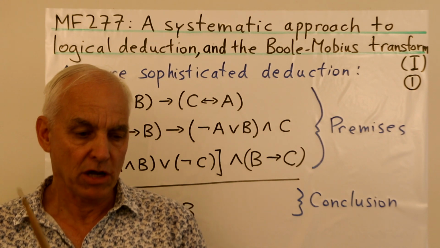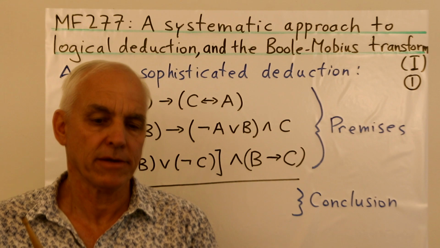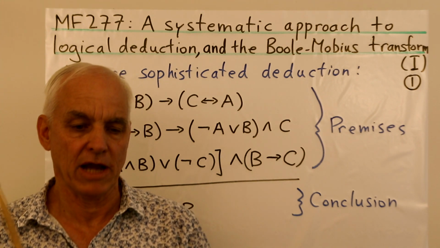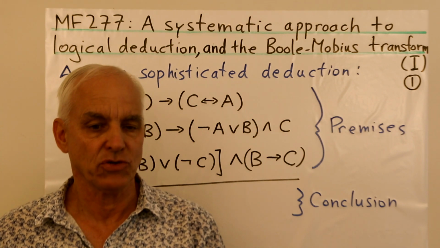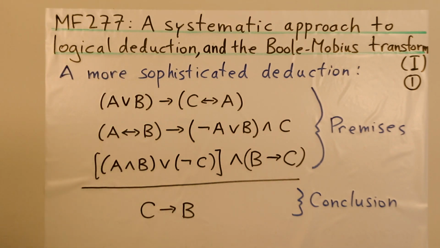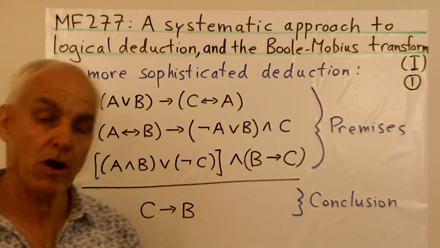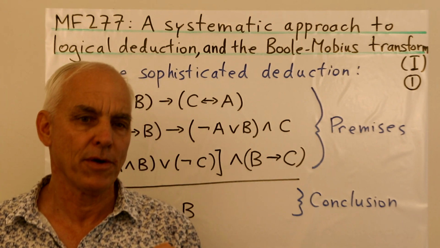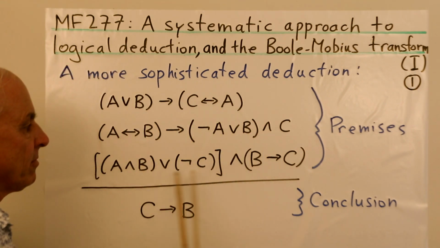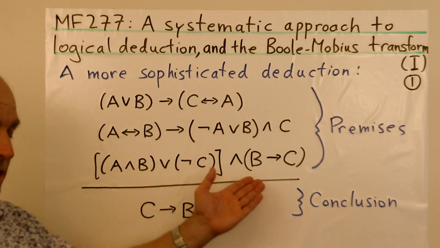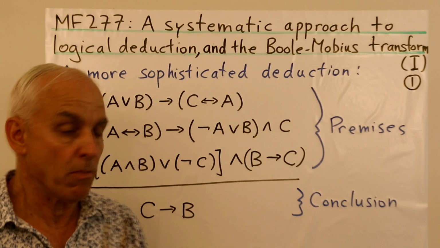And I'm going to talk about the algebra of Boole procedure, which you already have some exposure to now, so this will be a kind of recap, but I'm going to show you that the technology works in a rather more general situation. So we're going to be looking at situations where the premises of our argument are not quite so simple. They can be rather more complicated statements involving some variables A, B, and C, which correspond to atomic propositions about which we know more or less nothing.